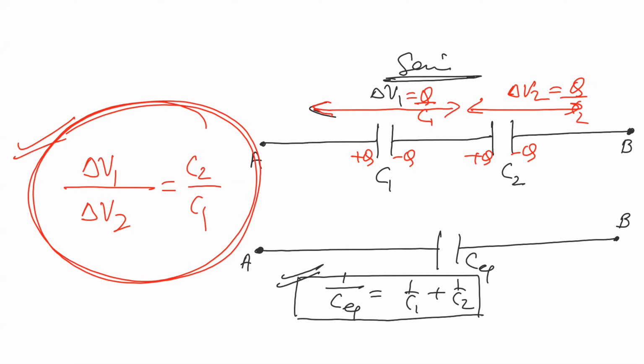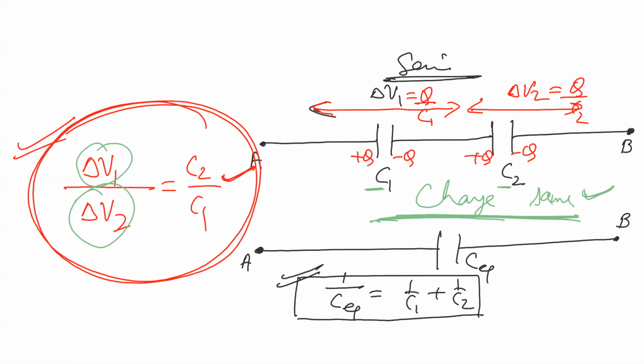Okay. So in series combination, potential difference will be in the inverse ratio of capacitance. See, in series combination, what is the same? Charge is the same. Now, in any capacitor, what quantities matter? One is capacitance. They have given C1, C2 capacitance. Other than that, charge matters and potential difference matters. So charge is the same in series combination. That first and foremost we have to learn.